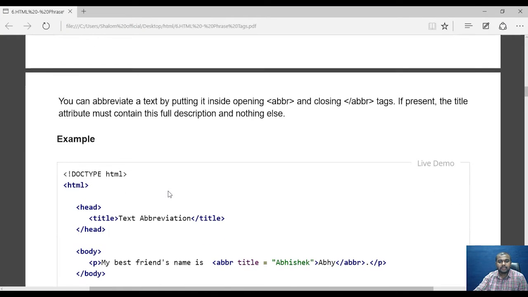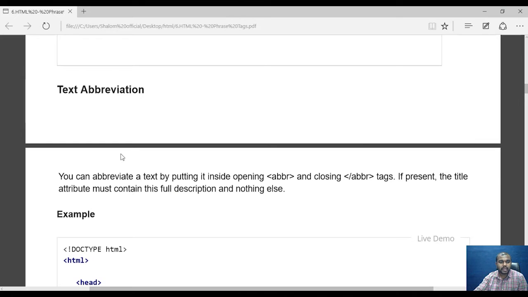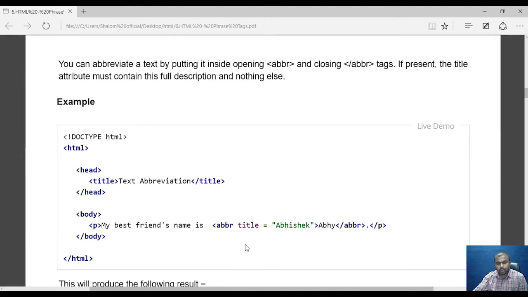And then you have something called the ABBR tag. We have already seen an attribute called title. When we keep the mouse pointer, the I-beam pointer, on the content, it will show the text which is written inside the title attribute.